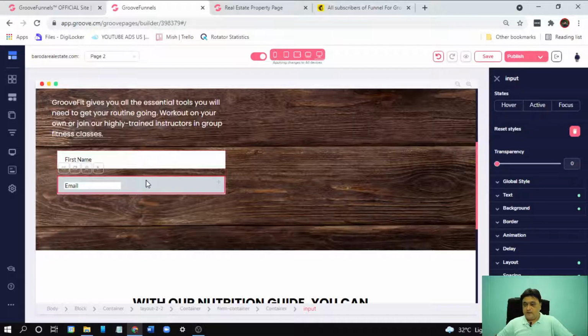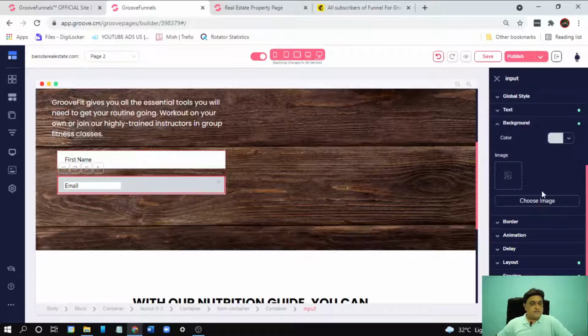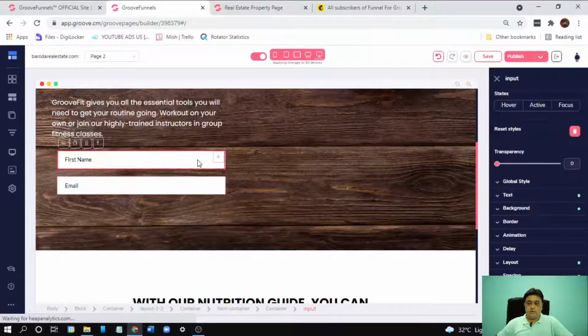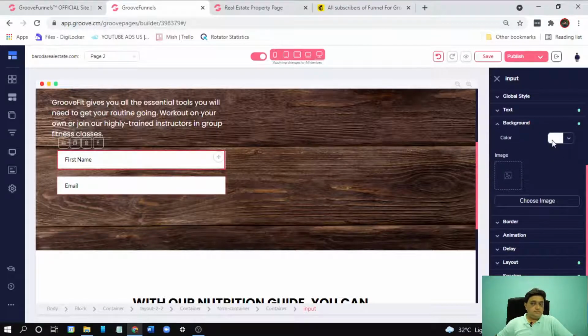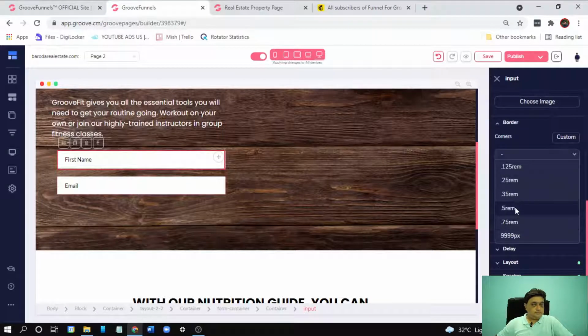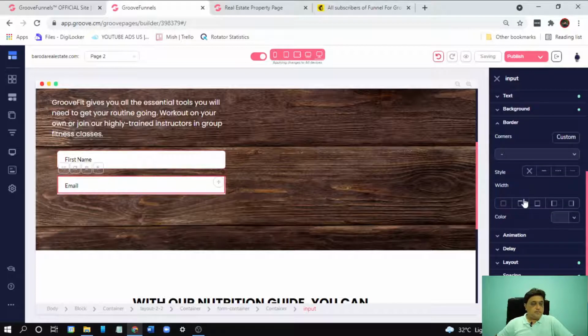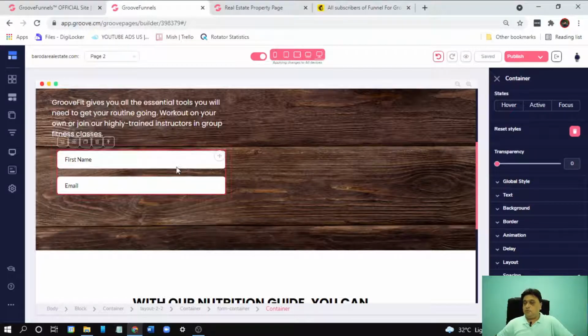But if we select white, the whole placeholder will become white. Not to worry about it. So let's select the whole background as white. Yes. Now let's give a little bit of border to both placeholders. Yes. Now here, border. Yes. Okay, so we have two placeholders ready.